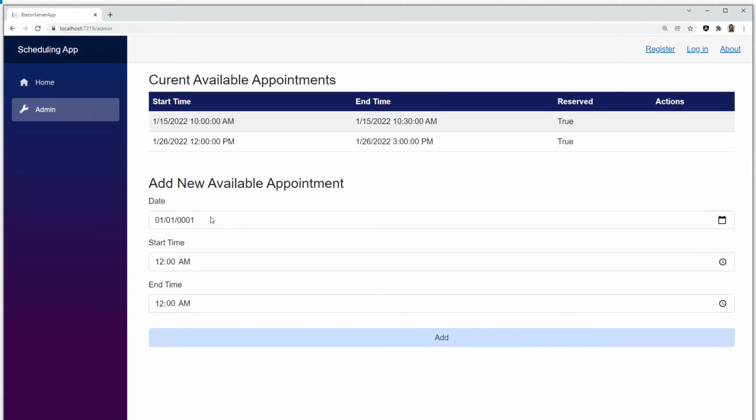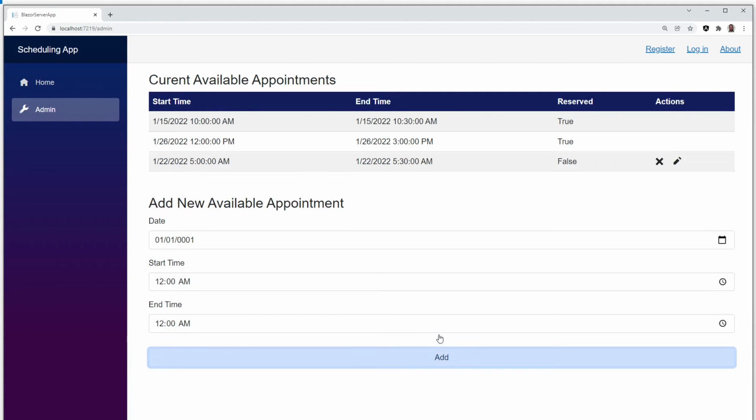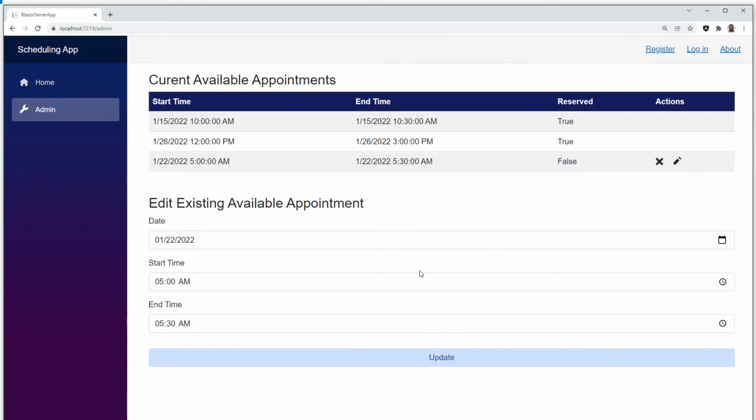So let's create a new appointment. Say January 22nd, 2022 at early, say 5 a.m. to 5:30 a.m. I'll add it, and then let's edit it from, so it'll go to 6:30. And now if I say update,